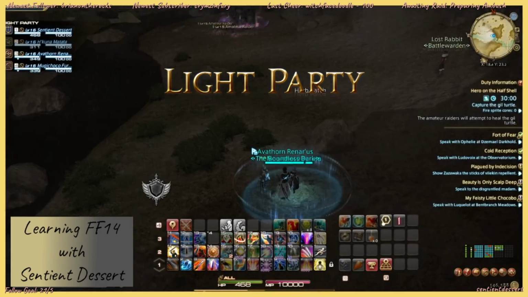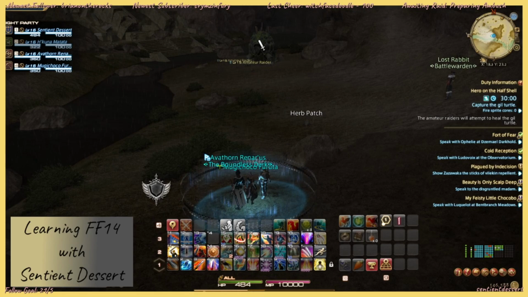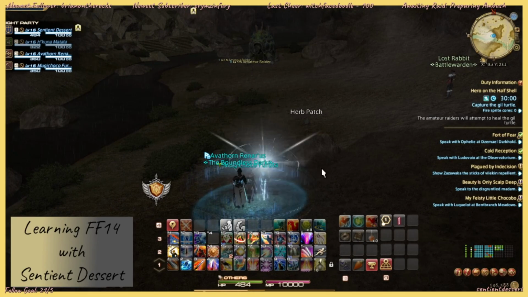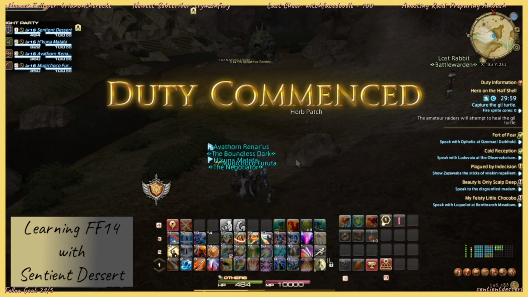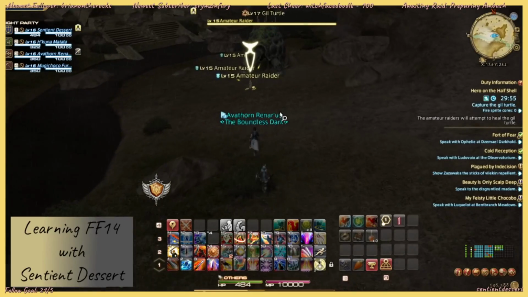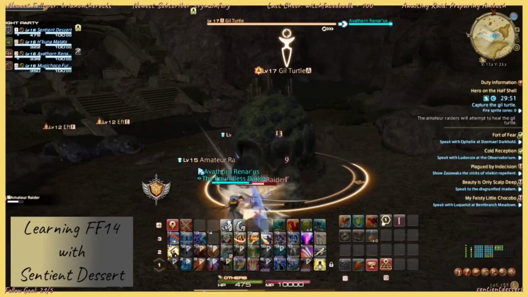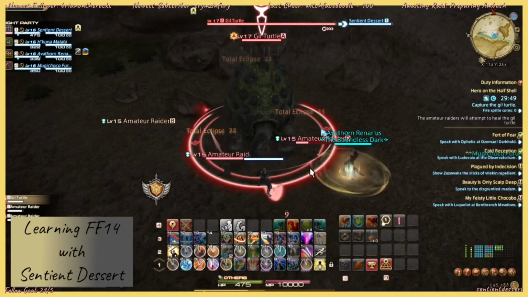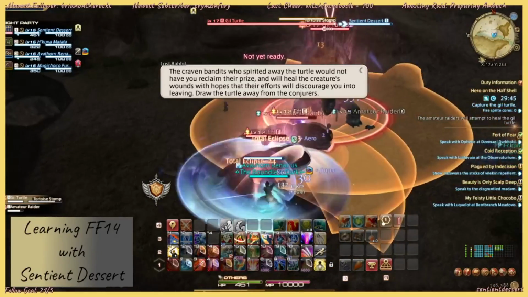Hero on the Halfshell. This is one where you do not want to kill the creature that you're trying to kill. What you want to do is, you get the boss down to a certain level, and then there are going to be some ads that will spawn. Oh, and we got the overzealous samurai again. So we want to kill all the ads,